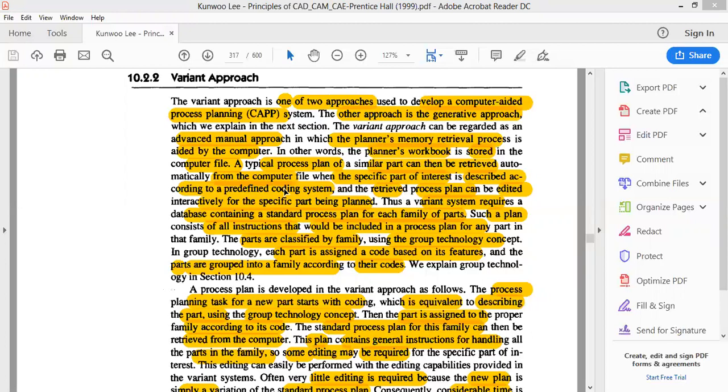From the group technology point of view, we can categorize this into different families. So nuts and bolts are one family. Any kind of nuts and bolts, whatever the size, will come under this particular family.